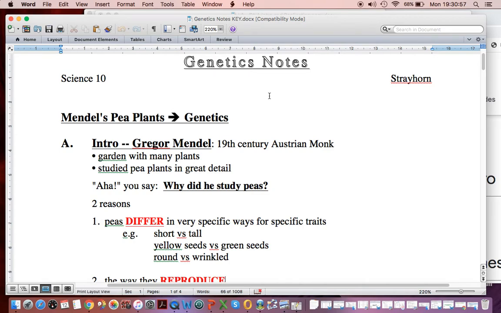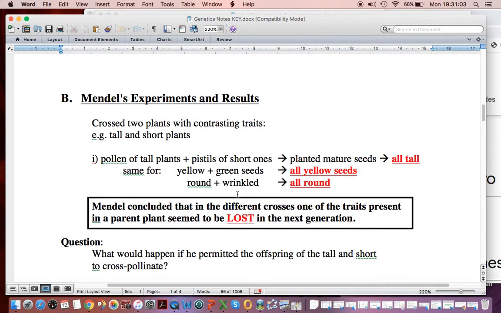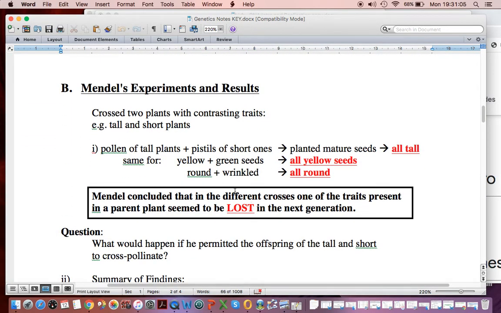Good day. This is Genetics Notes Part 2. So we've done page 1, and now we're going to do the second page of the notes. So in this section, we're going to look at Mendel's experiments, what happened, and how he tried to start explaining